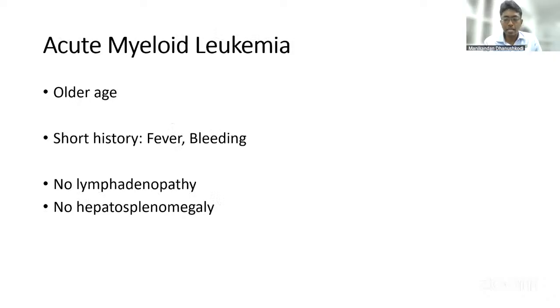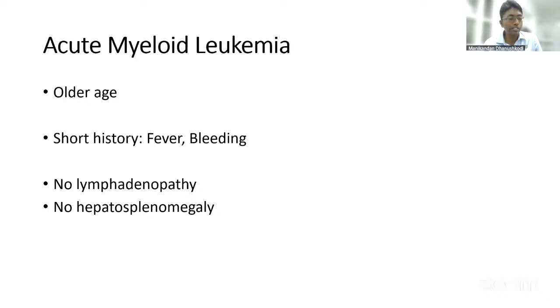So moving on to the other type, acute myeloid leukemias. In general, the presentation is at an older age. And again, all acute leukemias present with fever and bleeding. It is very important for us to diagnose very early because we may lose these patients either due to fever related to infection and sepsis, or bleeding, that is intracranial bleeding. Most of the registries do not capture the exact number of acute leukemias because quite a lot of patients are actually dead by the time they report to hospital. AML generally doesn't present with lymphadenopathy or hepatosplenomegaly.